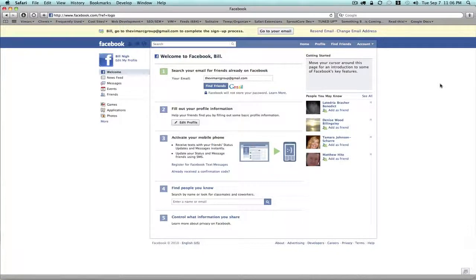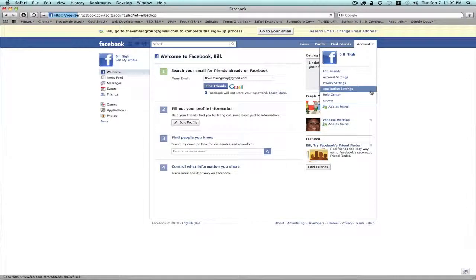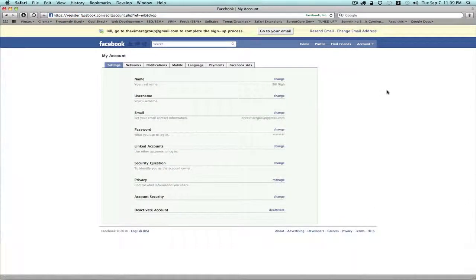And so now what I'm going to do, because you may have second thoughts about this, is I'm just going to real briefly show you how to disable the account. Okay, and in order to deactivate your account, what you do is you'll go up here to the account button and click on account settings. Then at the very bottom here it says deactivate account. We're going to click that,